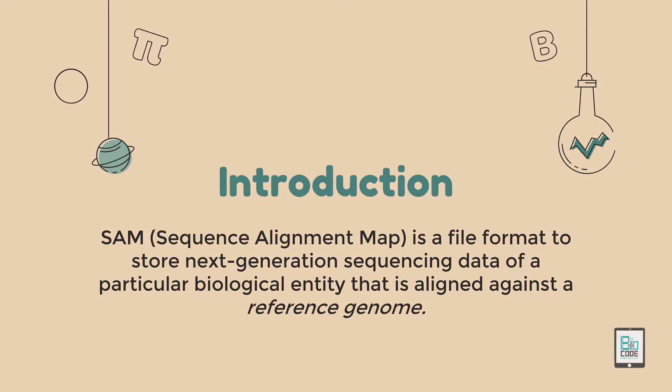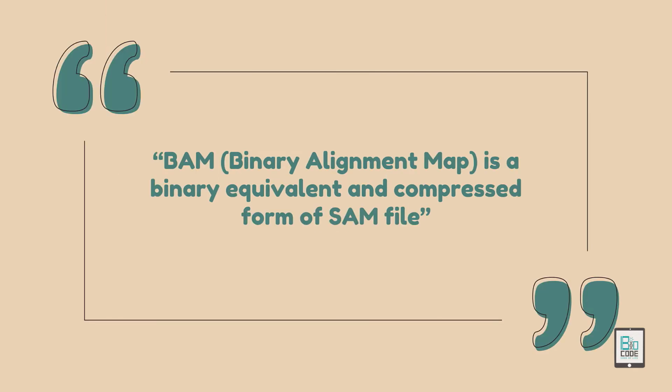In case SAM is only used when we are aligning against a reference genome, so we have to store that alignment within a particular file format. So SAM is used in that scenario, and this alignment contains Phred quality scores, various other information such as technologies utilized, and various other information to provide contextual information of the alignment that is stored within the SAM file format. BAM, on the other hand, binary alignment map, is a binary equivalent and compressed form of the SAM file, which is basically used in different tools for different sorts of genomics analysis. We will discuss that in the next slides.